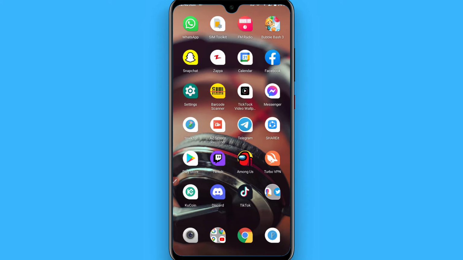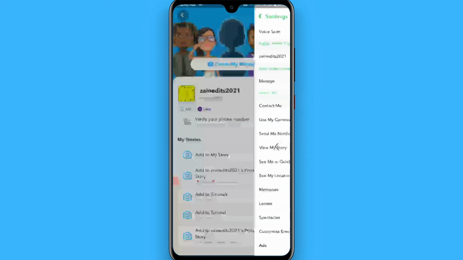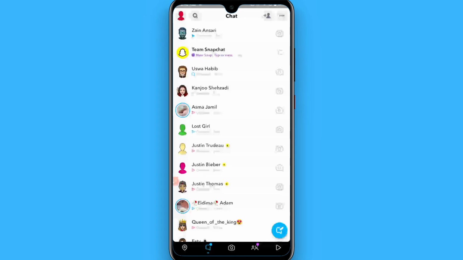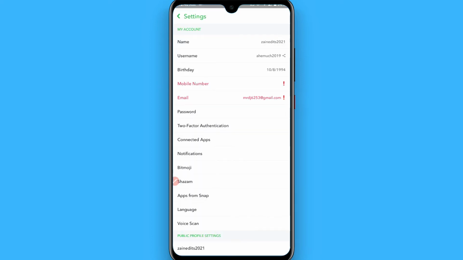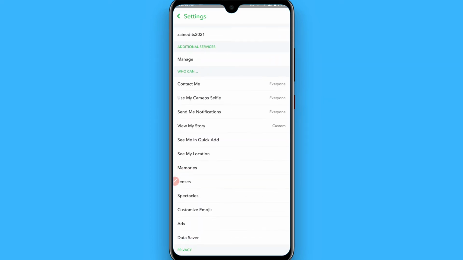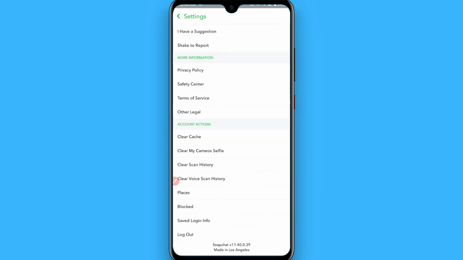So first of all, you have to open your Snapchat mobile application. Once you are here, now you have to click on the chats, and you will see all of your chats here, and you have to click on your profile icon from the top left. Once you do it, you will be in your profile. You have to click on the settings from the top right, tap on it and scroll up and go to the end, and here you will see clear my